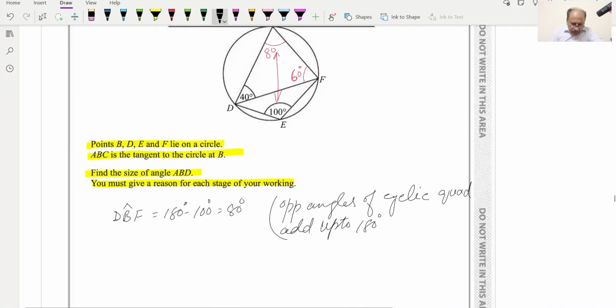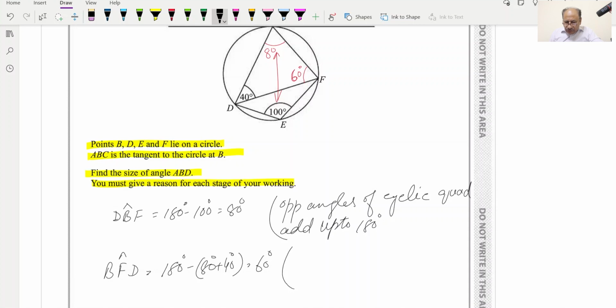So we will write angle BFD, and this will be equal to 180 minus 120, or we can write 180 minus 80 plus 40, and this will be equal to 60 degrees. And the reason for this one will be